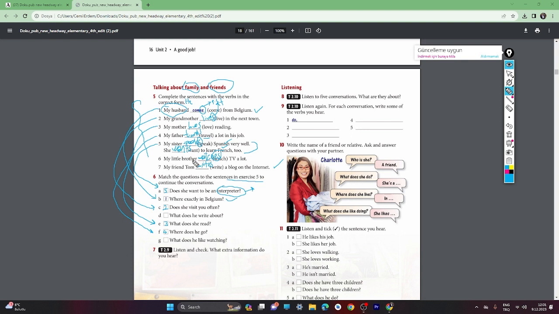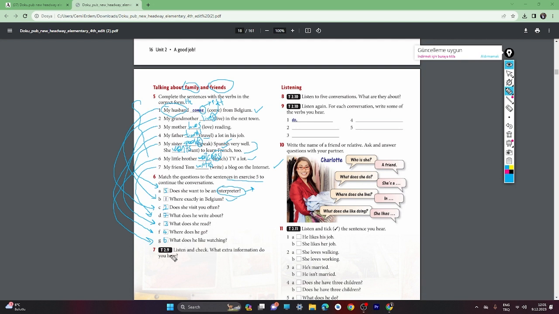Or no, my little brother watches TV a lot. We missed this. So watches TV a lot. So what does he like watching? This one. This is the sixth. And my friend Tom writes a blog on the internet. So this goes here. What does he write about? This is the seventh one. Okay, so